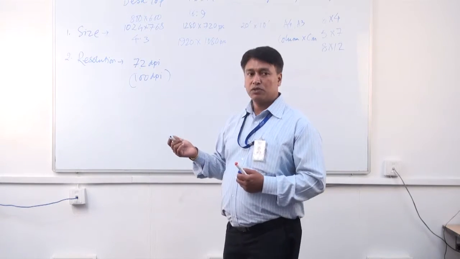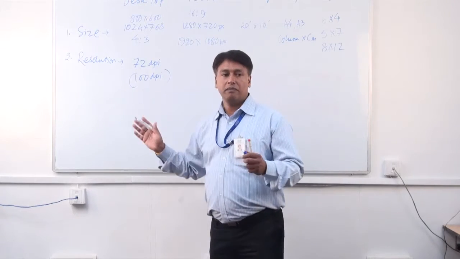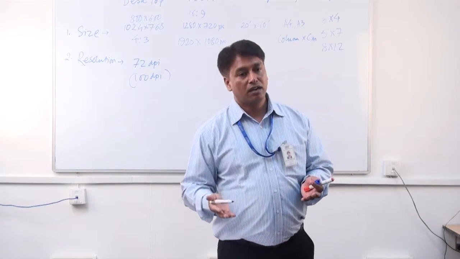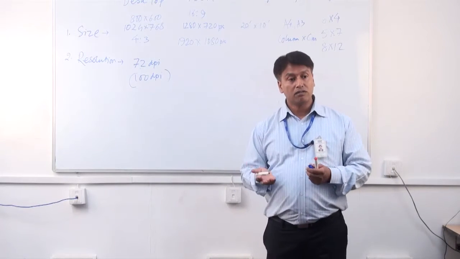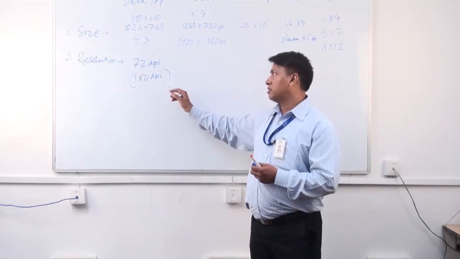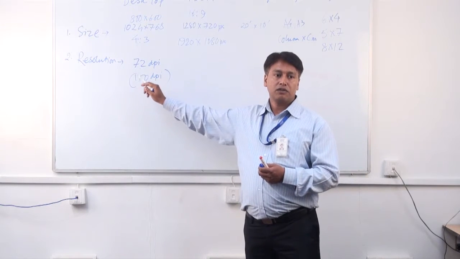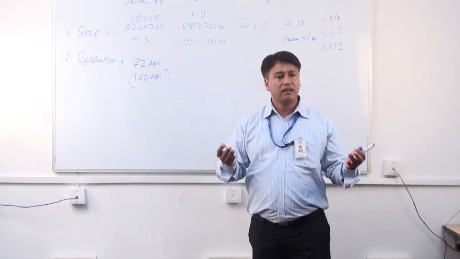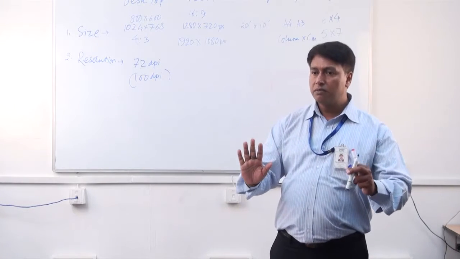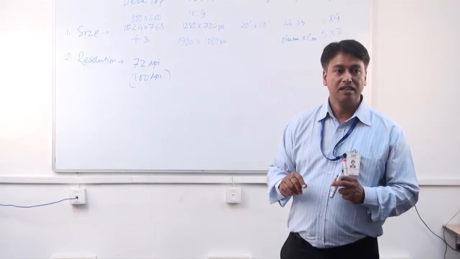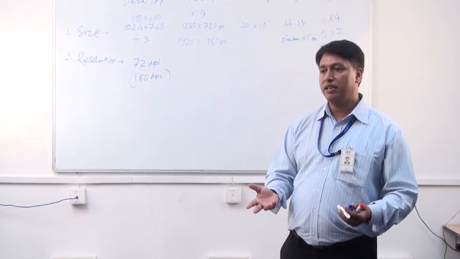I suggest to my students that you should keep around 100 dpi because with some distortion or regeneration loss, it can go down, but it should not go down to 72. That's why I say keep it 100 dpi. Okay, but it will display only 72 dpi because its capacity is 72.